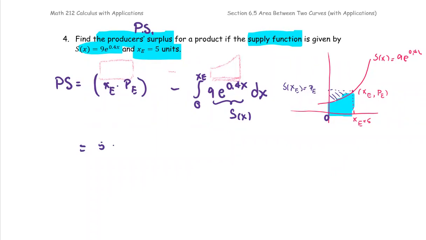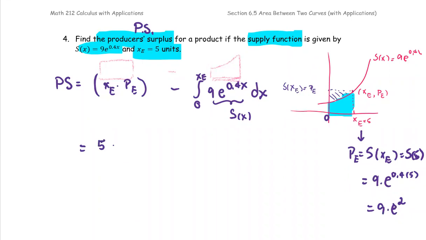Again, the P we don't know yet, right? Same way as what we did in the last problem. What is the PE, or the price at the equilibrium point? PE is the same as S at the XE, which is the supply at 5. So we plug it in: 9 times e to the 0.4 times 5, which is e to the second. So 9 times e squared. So that means we multiply 5 and 9 times e squared